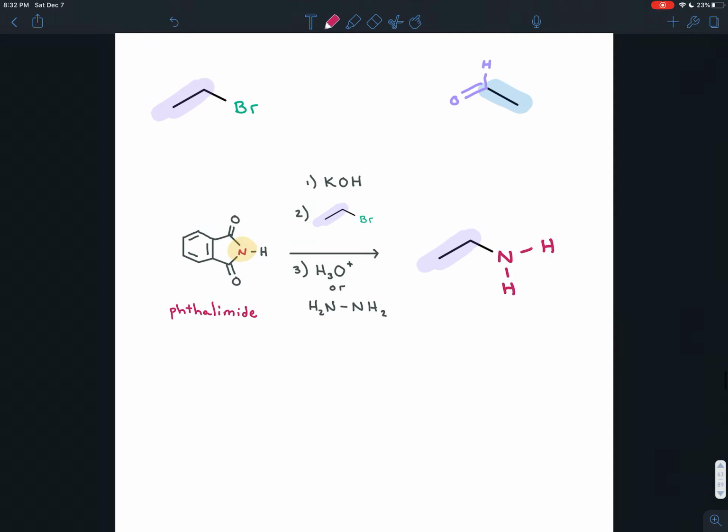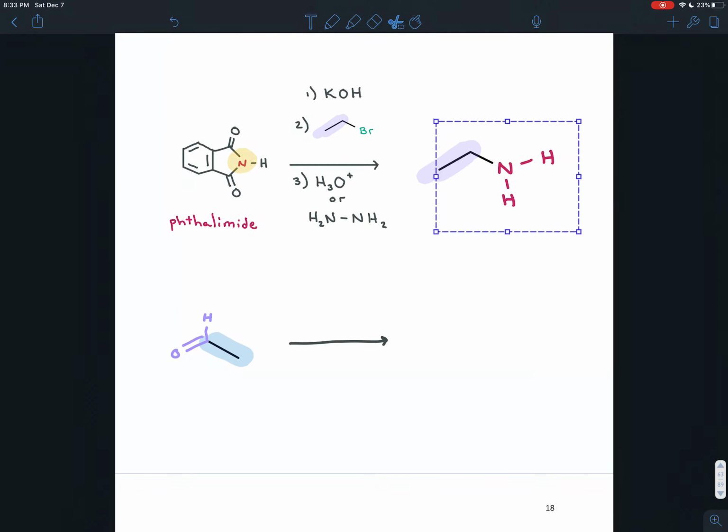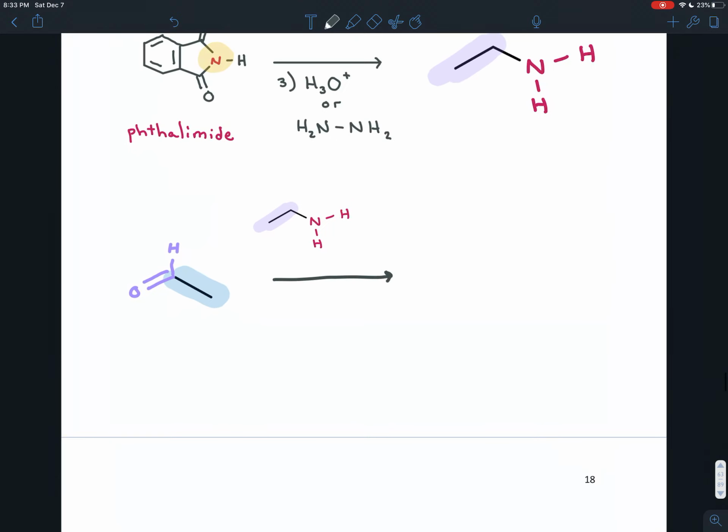But we still want to add another carbon chain on here. So we take the aldehyde that we figured out we needed. We're going to add this new bond between the nitrogen and a carbon using reductive amination. To that aldehyde, we'll add the amine we made in the previous step. And if we add that to the aldehyde in the presence of an acid catalyst, it will turn into an